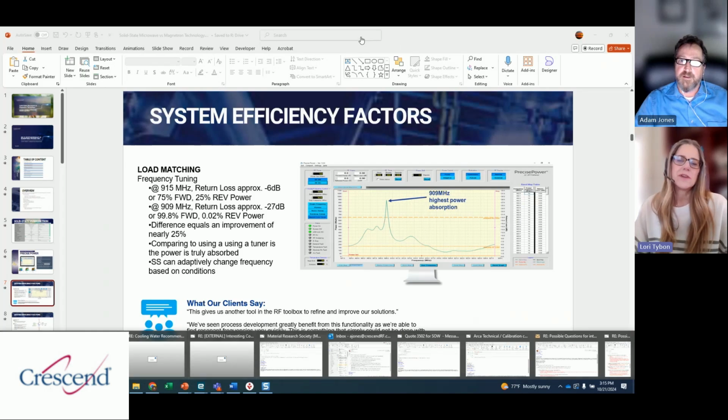So can you explain the significance of the frequency agility in solid state microwave technology and how it improves the processes for adaptability? Well, one example of that would be that we've recently done a project where we simulated and characterized the material, and we found that over the cycle of the system, as the customer is heating this particular material, the characteristics of the material changes,